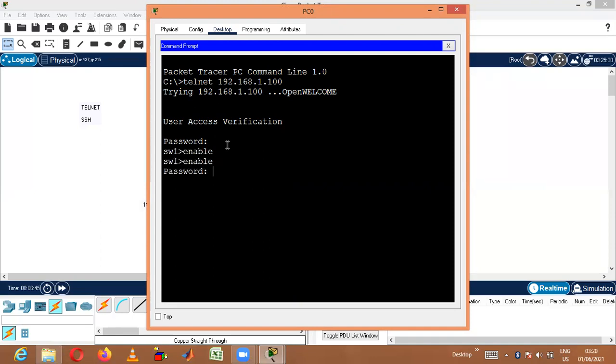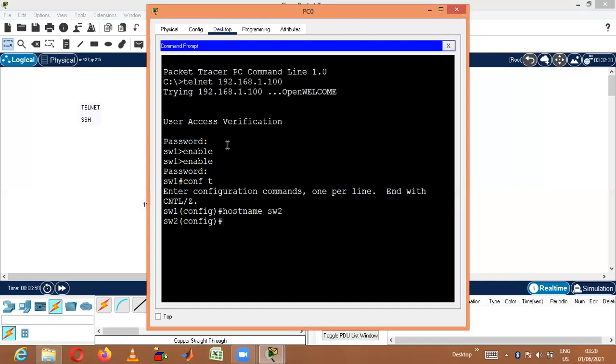So enable password I need to give. Enable password I have given is class. Now it has gone into the switch mode. Okay, here I can go and do my configuration. I can do whatever I need to do. Hostname SW2. See, now I changed the switch name. Now I have done changing the switch name from the